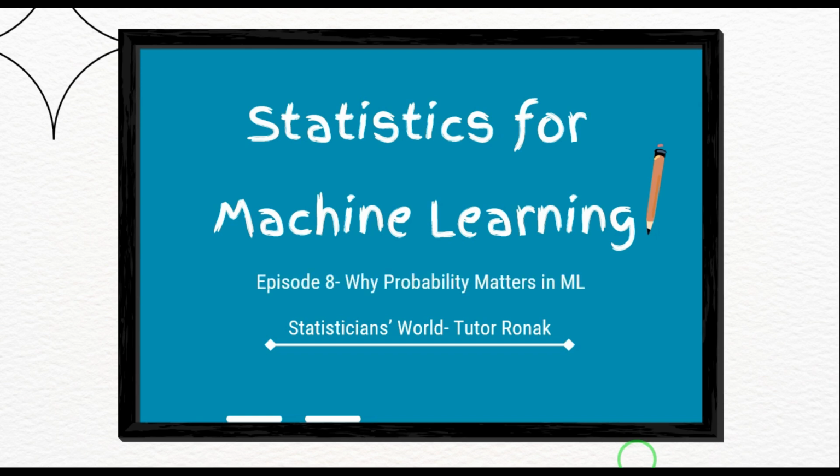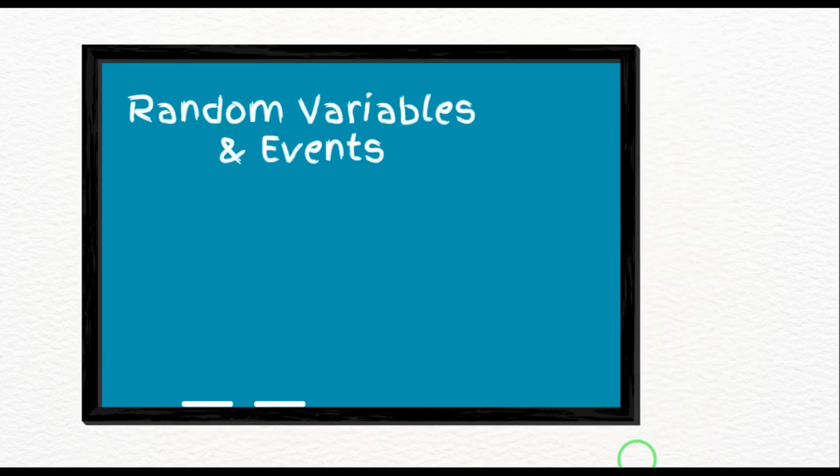Let's start simple. When you flip a coin, you don't know the outcome, you just estimate it, right? We have a 50-50 chance of getting a head or a tail. Machine learning works the same way. Every prediction it makes carries uncertainty. And that uncertainty is what probability helps us describe and manage. Without probability, models would just make blind guesses.